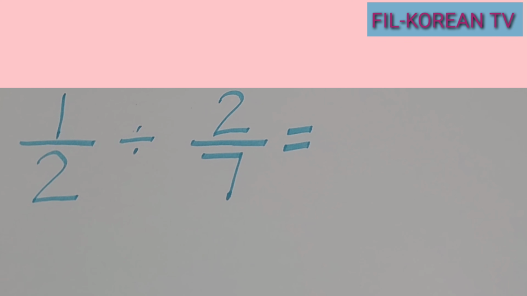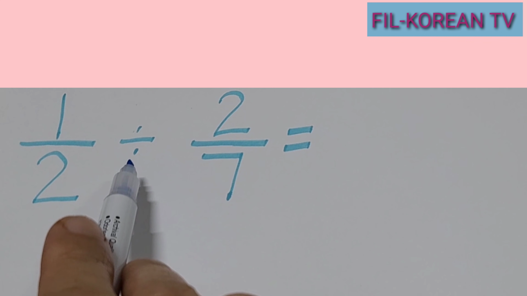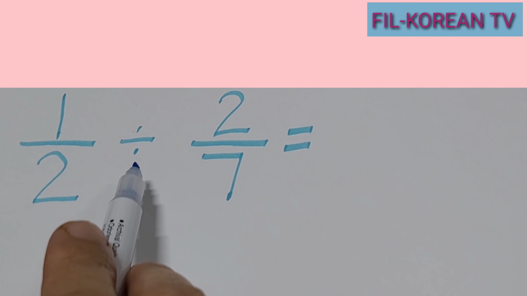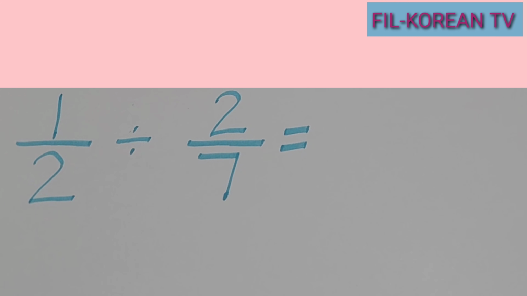We will solve first division of fractions. The problem is 1/2 divided by 2/7. To divide fractions, we need to get the reciprocal of the divisor, and then we will change the division sign into multiplication sign. Now, when we say reciprocal, it is a number related to another number in the sense that